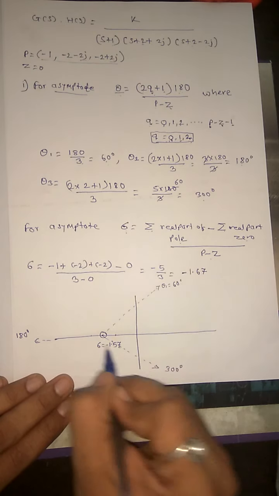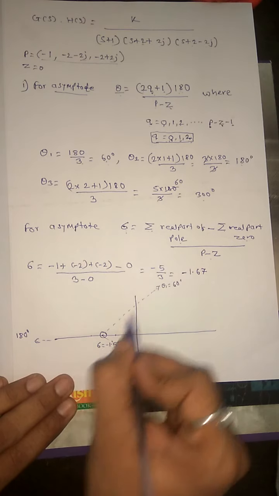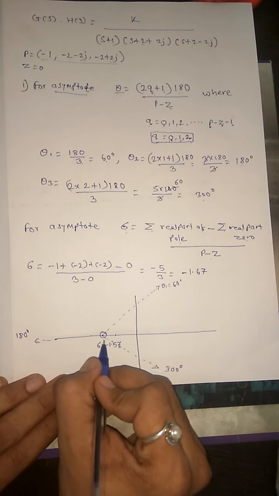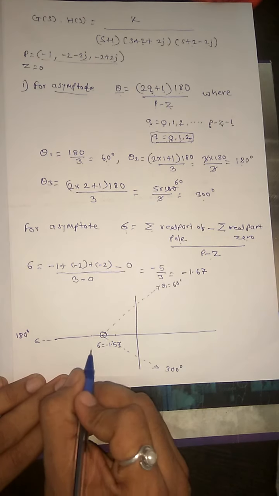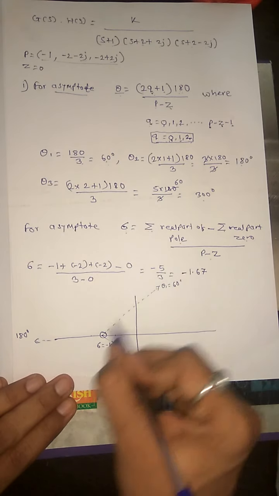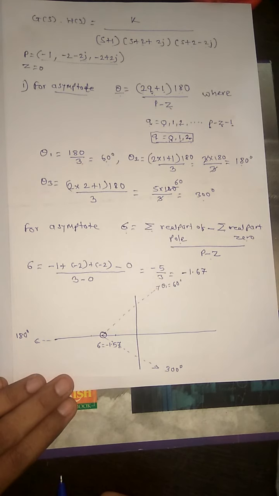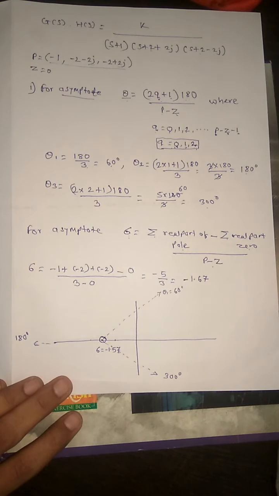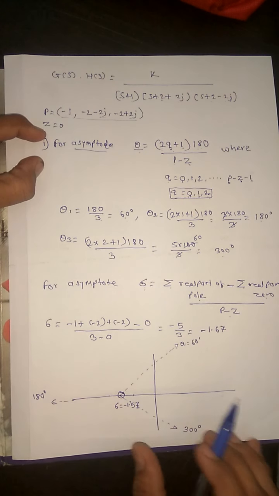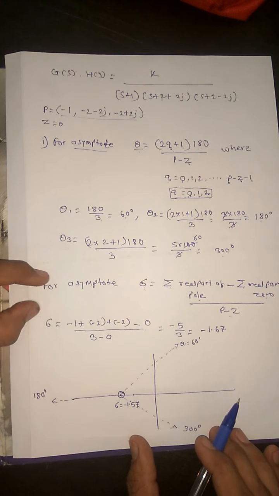So what do these asymptotes mean? Along these, parallel to these or overlapping with these, your root locus will pass. These asymptotes show the route by which your root locus will follow, approaching infinity. So these are your asymptotes, the angle of asymptote, and this is the location of asymptote. Got it? I hope you are getting this. So this is rule number 4, angle of asymptote, and this is rule number 5, the location of asymptote, sigma.